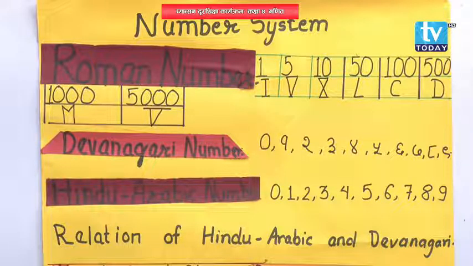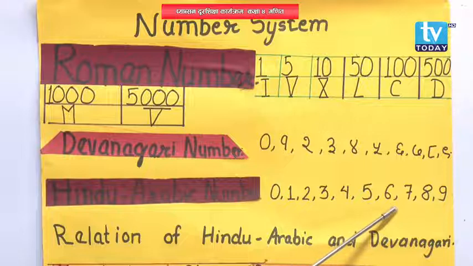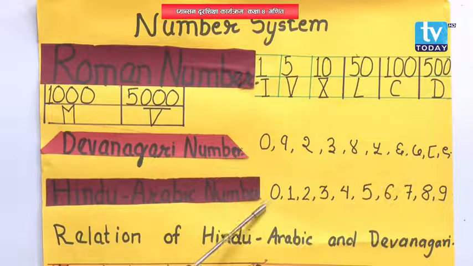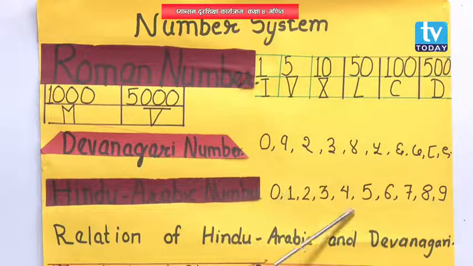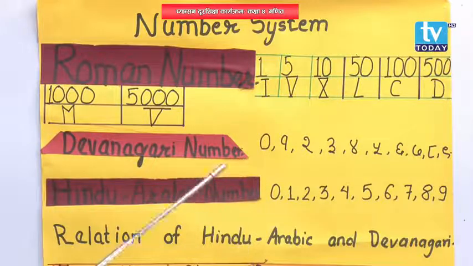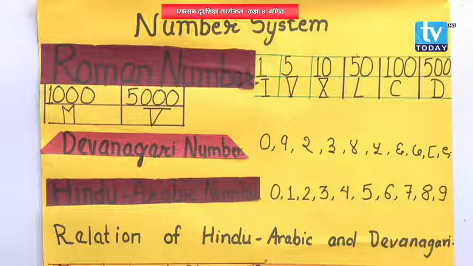Then after, we are going to learn about the Hindu-Arabic number. In the Hindu-Arabic number, we start from 0, 1, 2, 3, 4, 5, 6, 7, 8, 9. So it starts from 0 and ends at 9. There are 10 different digits, right? These 10 different digits combine with others and form different numbers. So these are the 3 different numbers we use in the number system. I hope you understand it very well. Shall we go for the next?